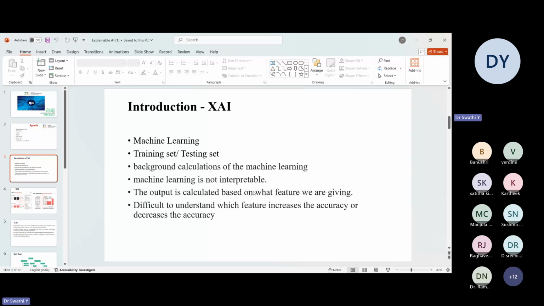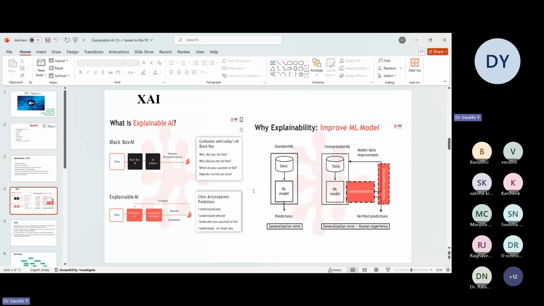That is why the need for explainable AI came into existence, because we all know that machine learning models are treated as black boxes. What is happening internally, till date no one is familiar, and we can't say why it is happening like that. But using explainable AI, we can easily predict how the internal things are happening for any real-time scenario. Now, this is the basic idea behind explainable AI.